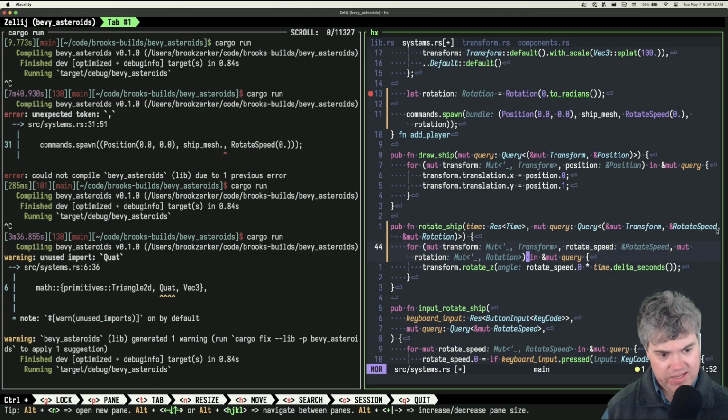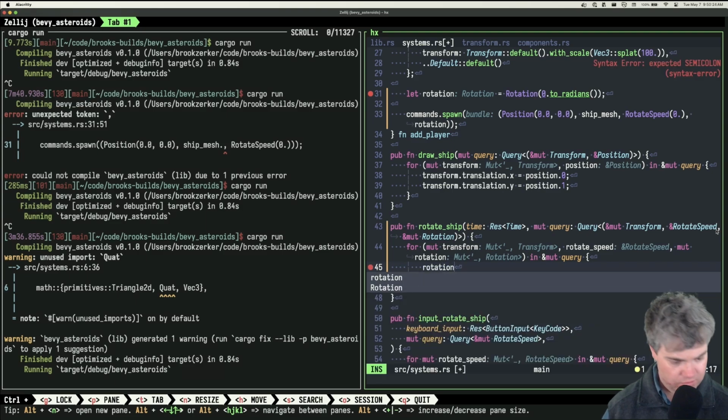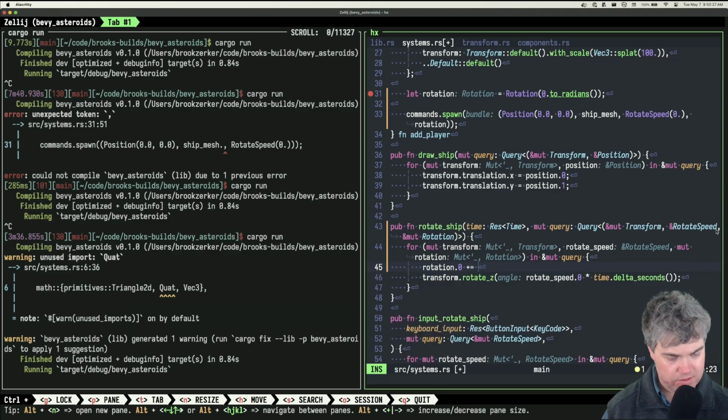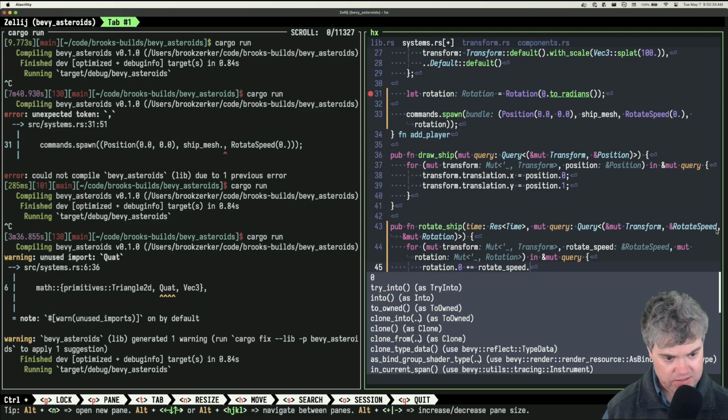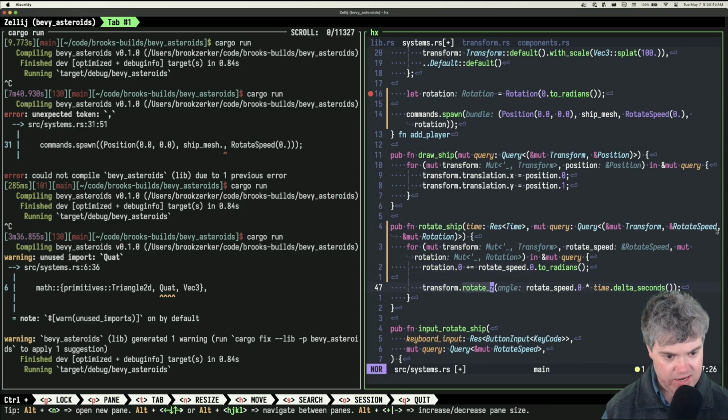Now I'm rotating, okay, so rotate Z by this amount, but what I really want to do is update the rotation, right? So I want rotation.0 plus equals the rotate speed. Now, do I want to turn that into radians? Probably, right? So if I do that, I rotate Z by not the speed anymore. I want this rotated by,